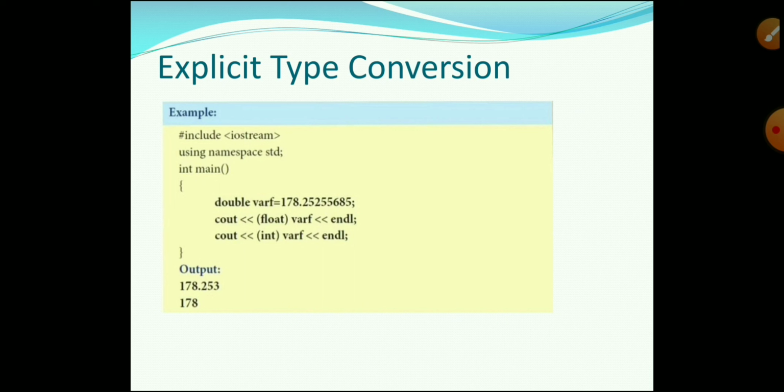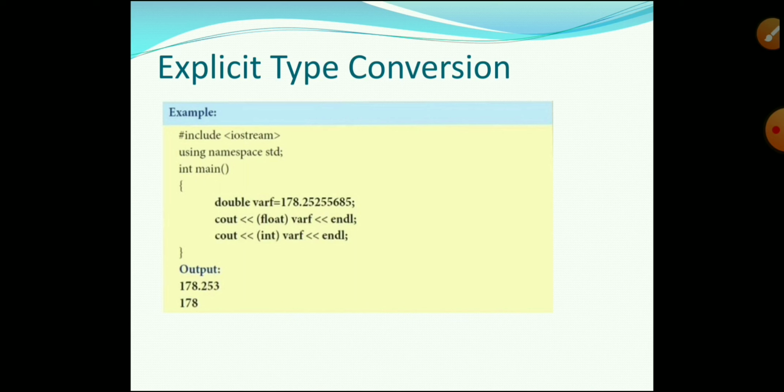How much data will be displayed in the output? 178.253. The last value is 3 because the fourth digit, 5, is rounded up in mathematics: 253. So with the float data type, only minimum values are considered.